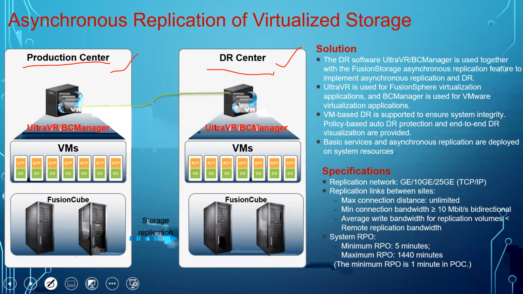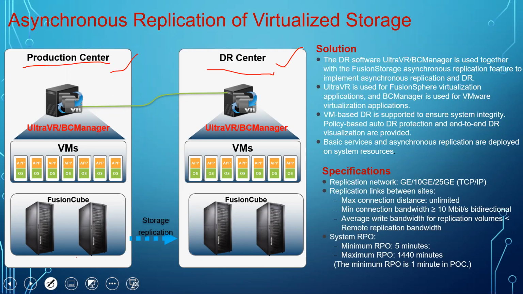Huawei provides Ultra VR and BC Manager. Ultra VR is used for FusionSphere replication, and BC Manager is used for VMware replication. If you have an idea of Site Recovery Manager from VMware, it is the same as that. You can create a test plan, do DR drills,